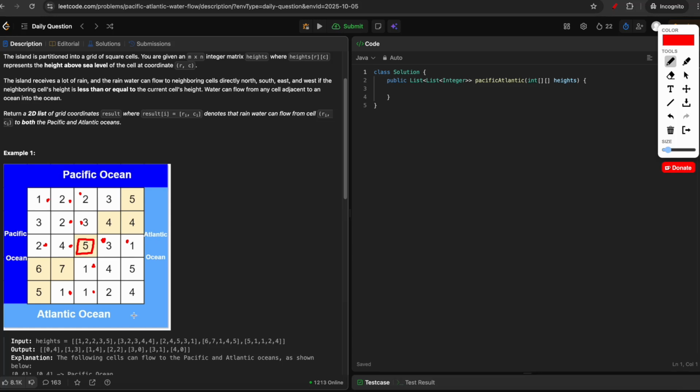So once you have all this information, you can see that if any of these cells are visited, then the Pacific Ocean is checked, and if any of these cells are visited, then the Atlantic Ocean is checked. So if both Pacific Ocean and Atlantic Ocean are checked, then this cell we will add to our answer. So we can repeat this process for all the elements. So in total we have n into m elements, and for each element, if we want to do a DFS to